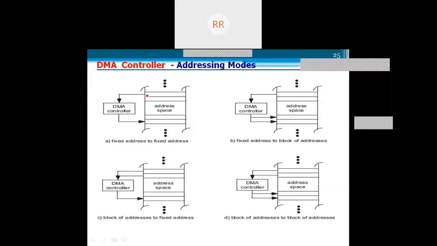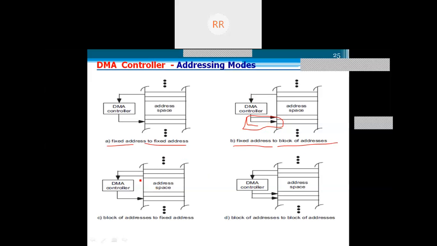Next, for that we have blocks specified in a diagram. So here, single source fixed address to the fixed address. A single one is connected to the single one, so you'll have a single line connection. Whereas here, you're transmitting from a fixed address, and that will be transferred to a block of addresses, not only a single address but more than one address. It is going to the address space, and in the address space it is going to be copied.